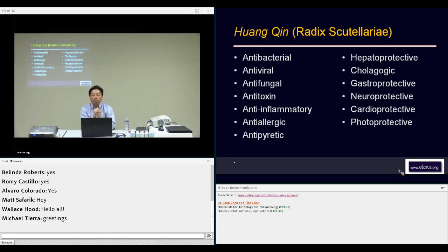When you think about inflammation in Western medicine, a disease name will generally have an "itis" at the end of the name. So you can have something like bronchitis, hepatitis, cystitis, gastroenteritis, and so on. Anytime you have an "itis" at the end of the disease name, that means there's some type of inflammation at different organs. Huangqin has a great anti-inflammatory effect that affects and treats all these different organs. And then when you describe it from a